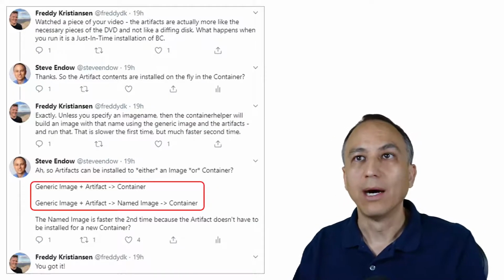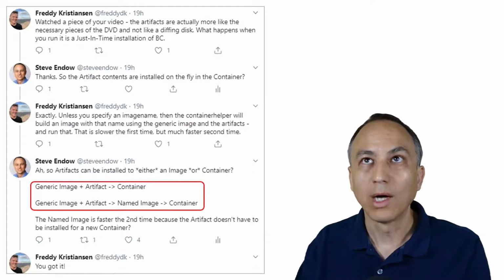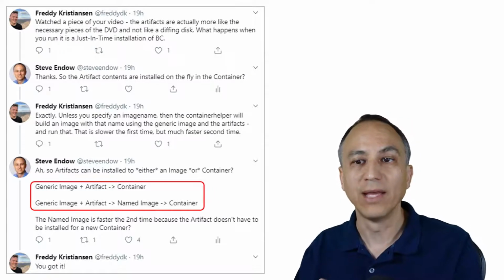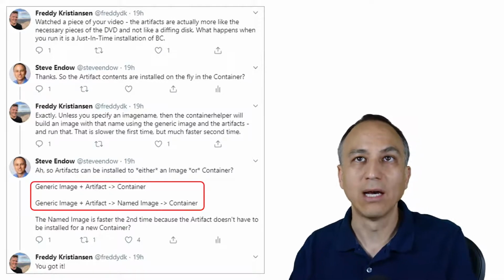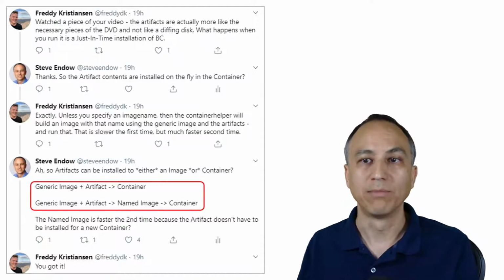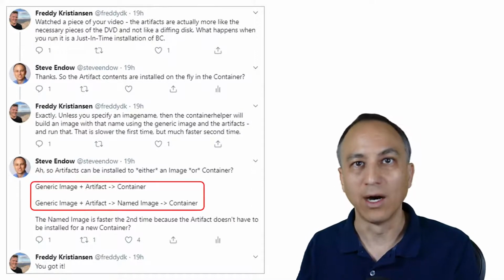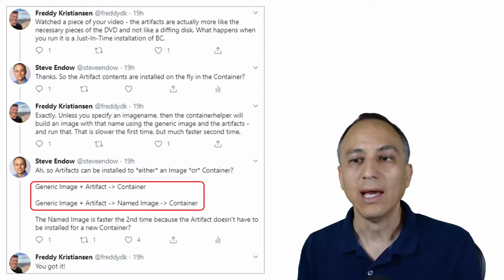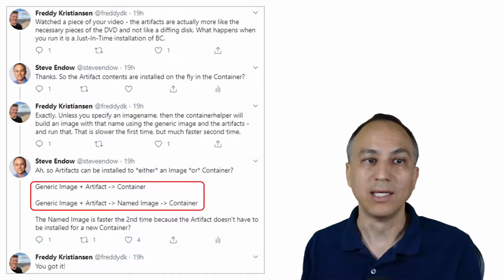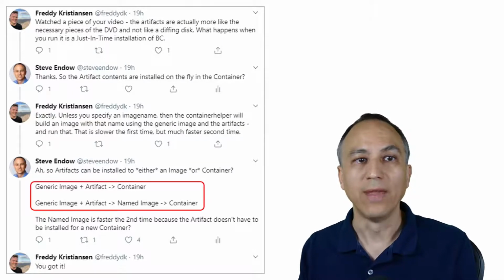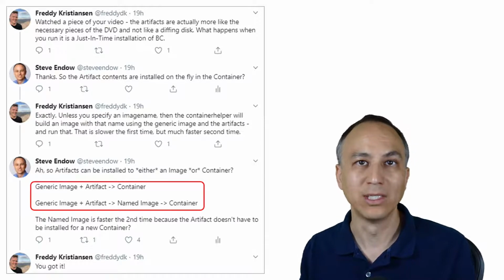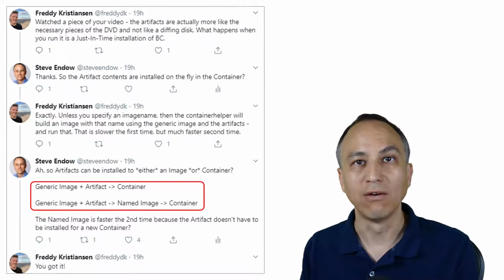So next up, he watched the video and he clarified that I had a misinterpretation of what artifacts were. As I mentioned, I couldn't find much information on Docker artifacts, and it turns out that it's not a Docker concept. It's apparently borrowed from the Azure DevOps CI/CD pipelines, and the way he described it is it's more like components or software installation elements that are installed from a DVD. So it's not a diff disk, it's more just like packages that need to be installed to the fresh container